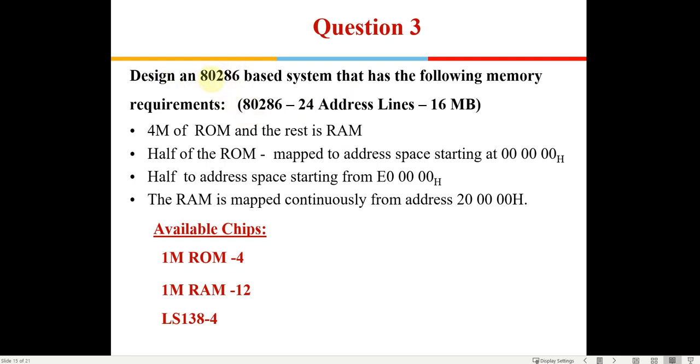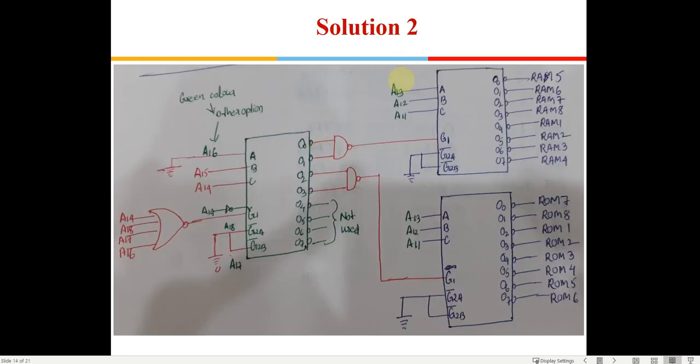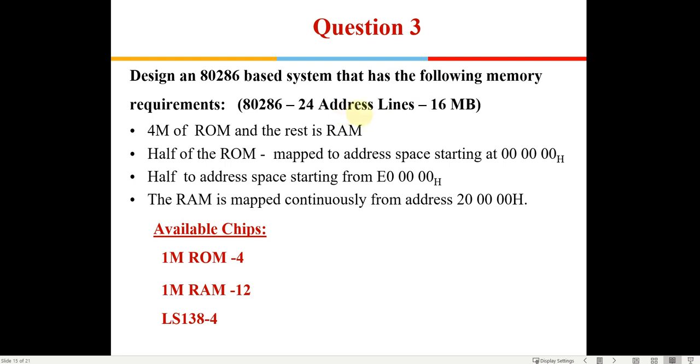Here we are going to design an 80286 based memory system. If you see, the 80286 has 24 address lines, so the total memory it can have is 16 MB. That is the difference with regards to the 8086. The 8088 which we studied is just an 8-bit system, so there is no even and odd. The 8086 is an even-odd system, so it can handle 16 bits. Here also it can handle 16 bits, so there will be even and odd banks.